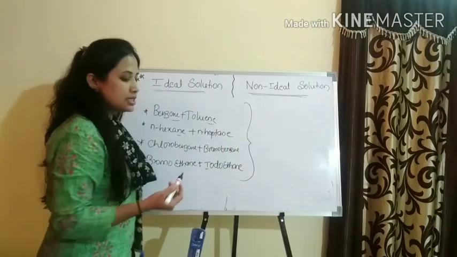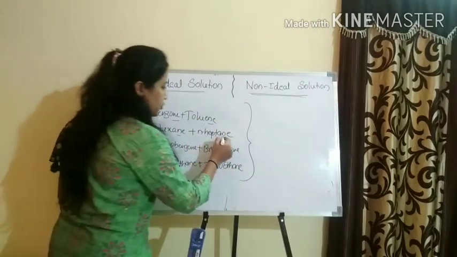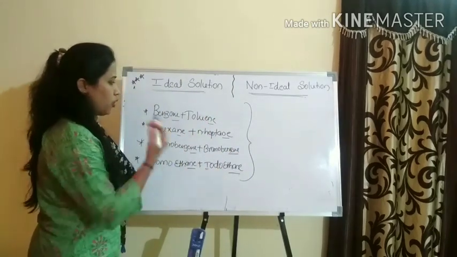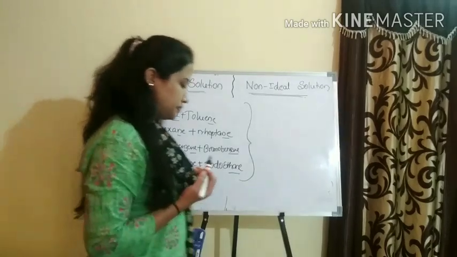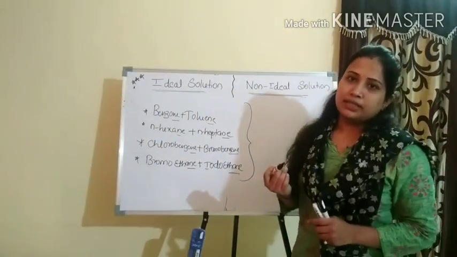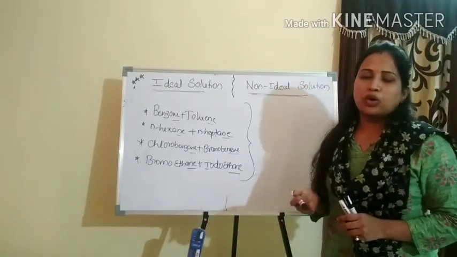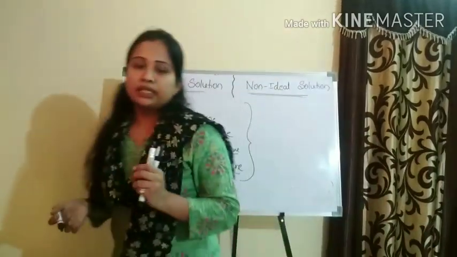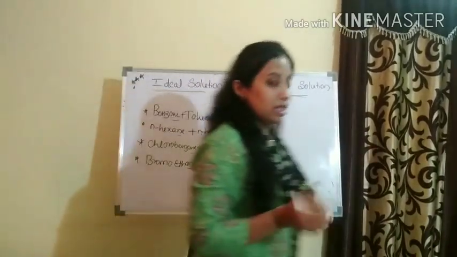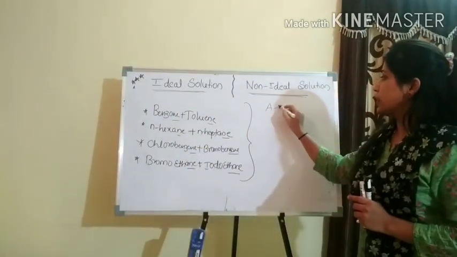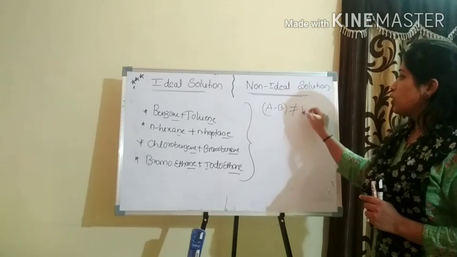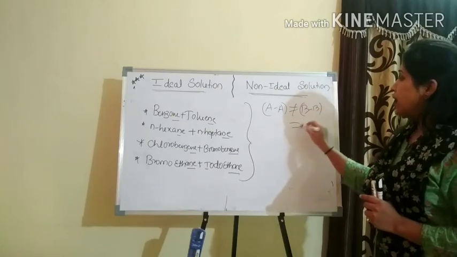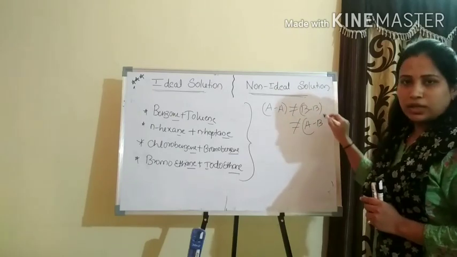So in your competitive exam, if a question appears based on this, and we have such combinations, this comes under the ideal solution. If you want, you can take it down. Next comes the non-ideal solution. Here I could give an example of a non-ideal solution directly, but as I told while explaining the difference, in a non-ideal solution the AB interaction is not equal to the AA interaction, which is not equal to the BB interaction. This is what I told, right?